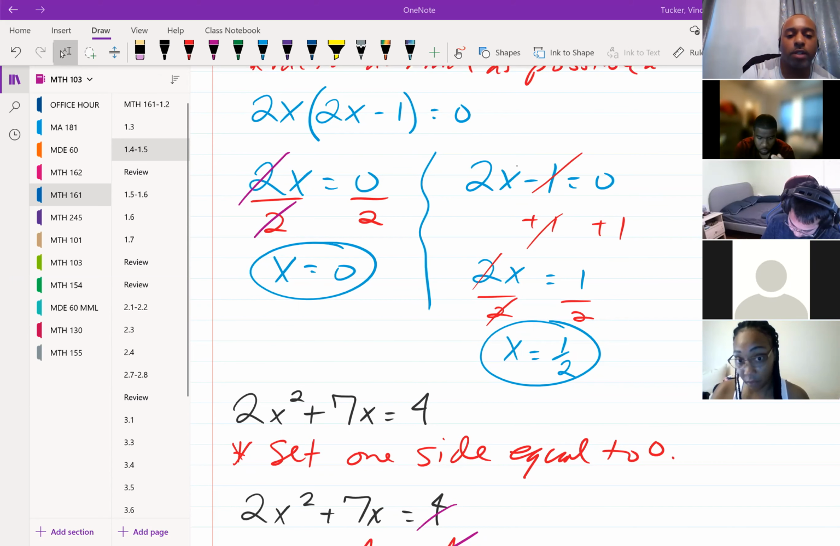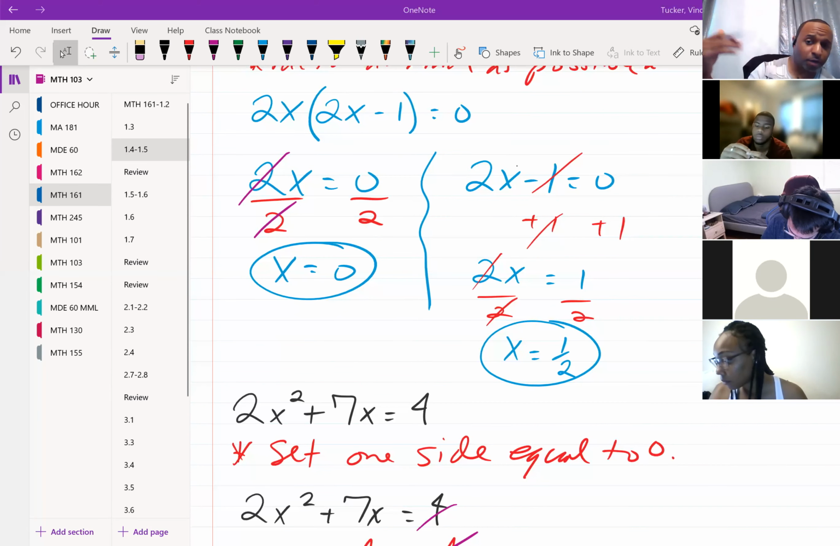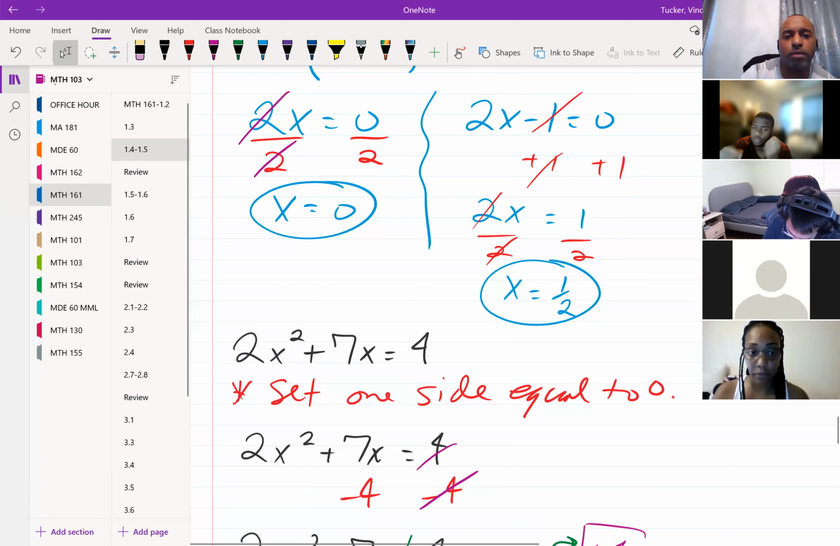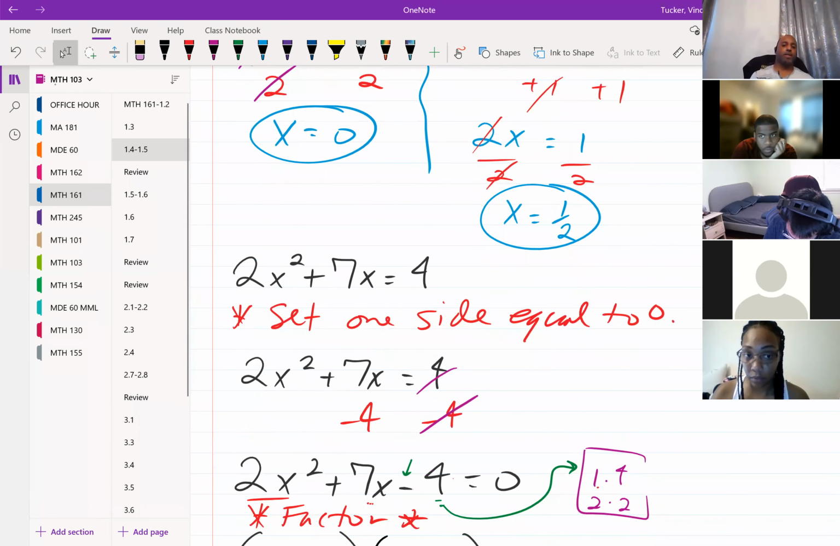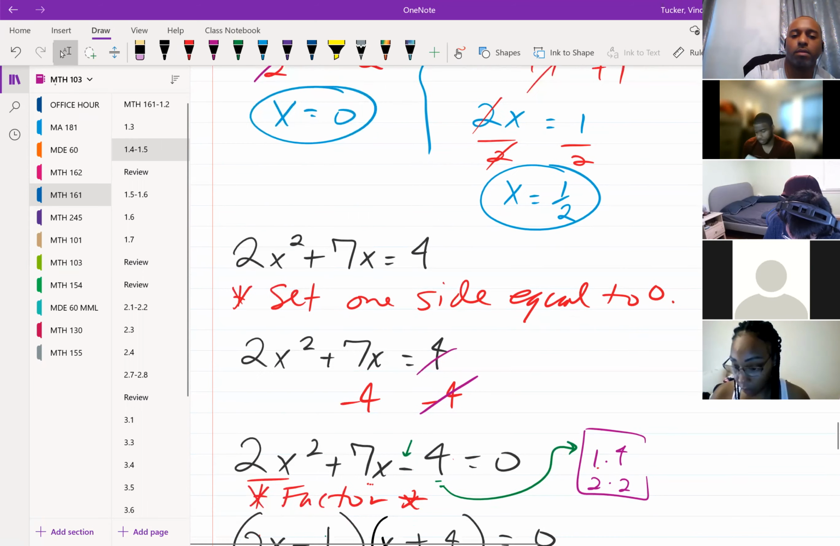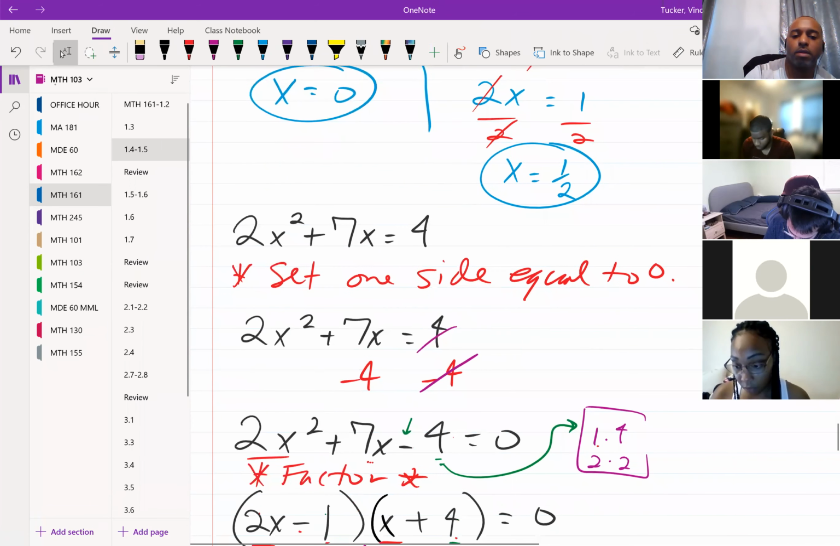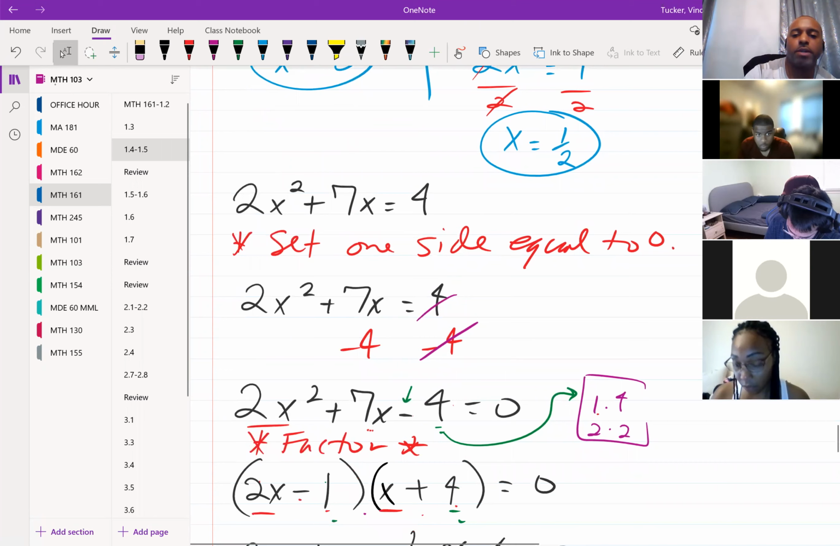All right, so the next one, 2x squared plus 7x equal to 4. You want to set one side equal to 0. Remember, it's called the zero factor property. So subtract 4 from both sides. And we have 2x squared plus 7x minus 4 equal to 0. All right, so from here,